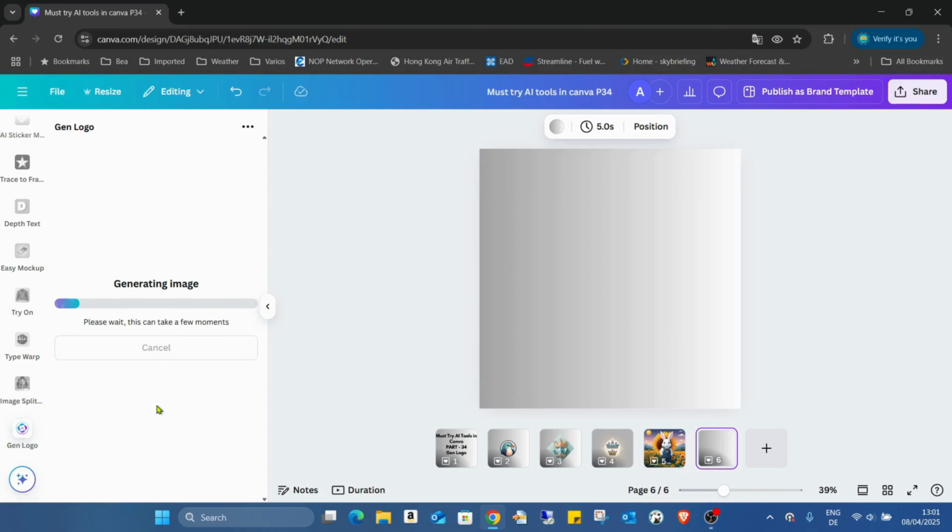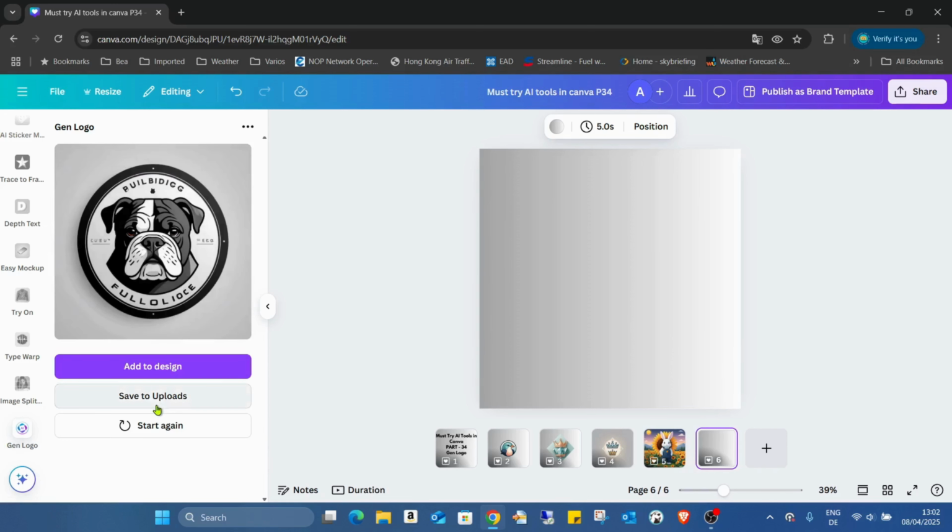So that's, if you have more details, the image is closer to what you want. But this is true for all AI image generation software. If you just have a generic prompt, you will have something which is more or less what you want. But if you're more specific, have more details,